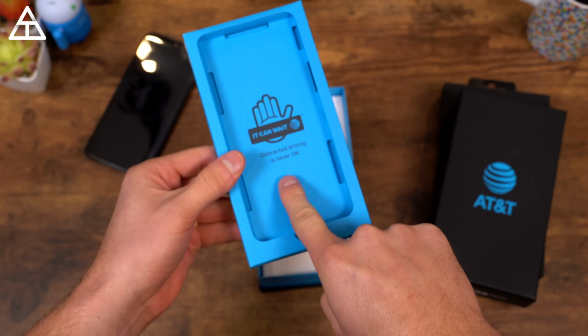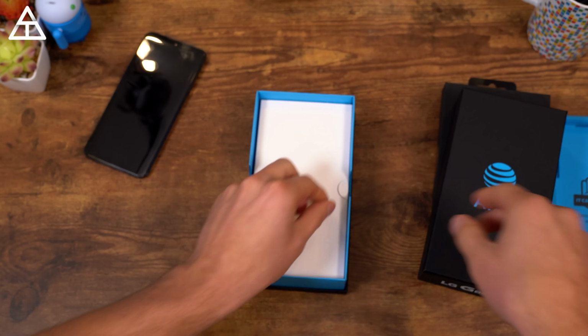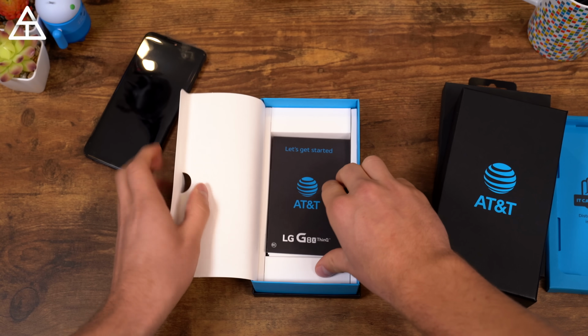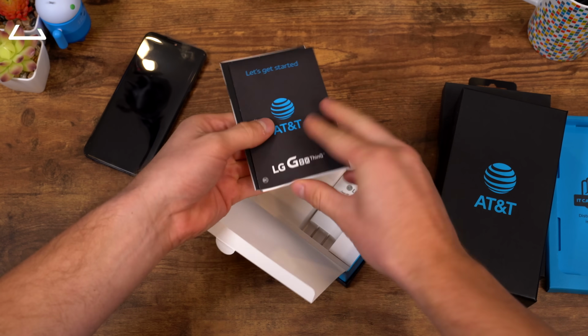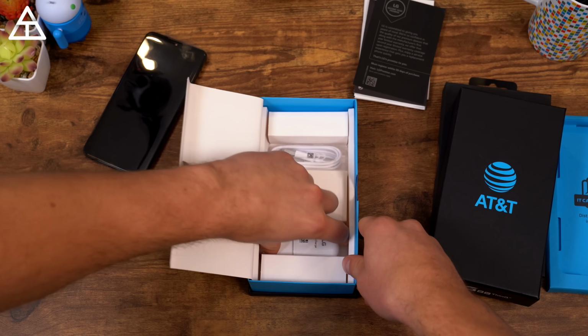First of all, please don't text and drive. I love that they add this just to spread awareness. Just please don't do it. Anyways, continuing on, getting started guide and a bunch of booklets, LG second year promise, and moving along, looks like